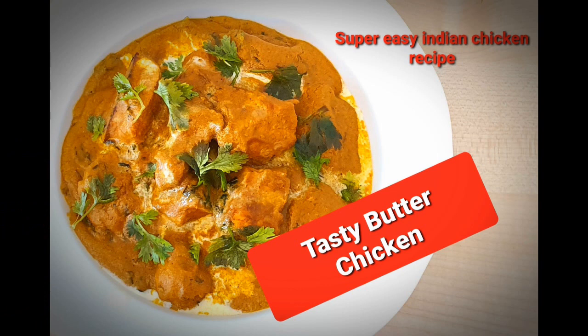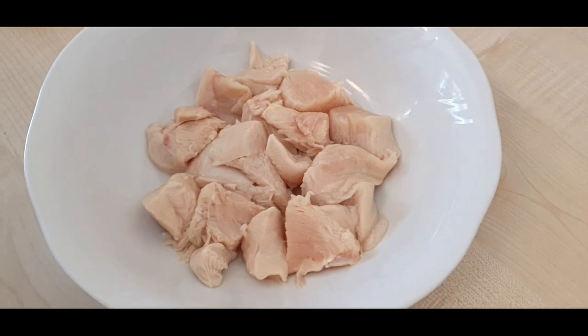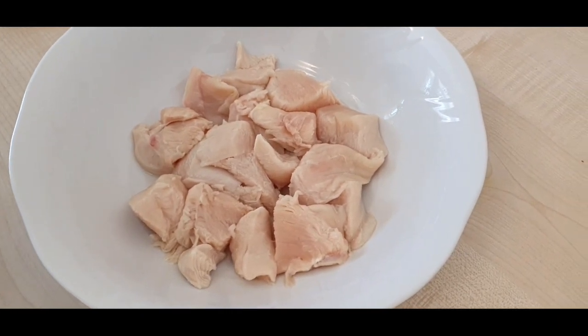Today I bring a new recipe, butter chicken, which is a very classic Indian restaurant style recipe and is one of the most popular chicken dishes in India. So let's get started. I have taken 400 grams of boneless chicken pieces and I am going to marinate it with a few ingredients, starting with 2 tablespoons of plain yogurt,